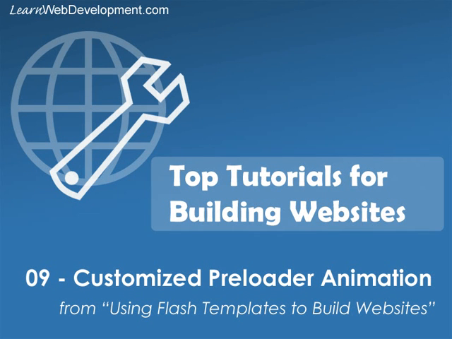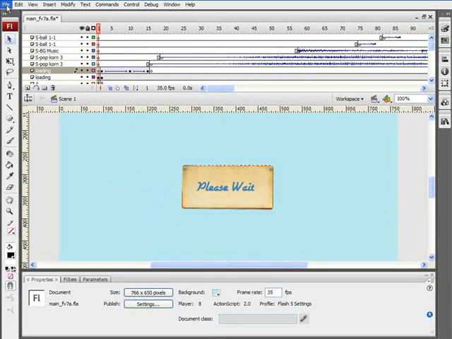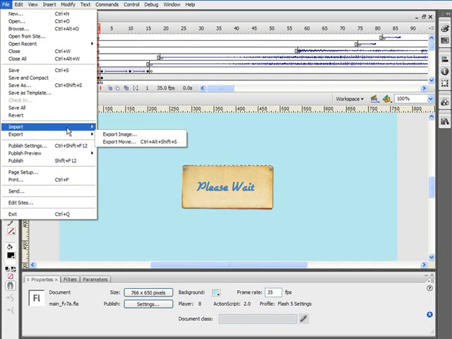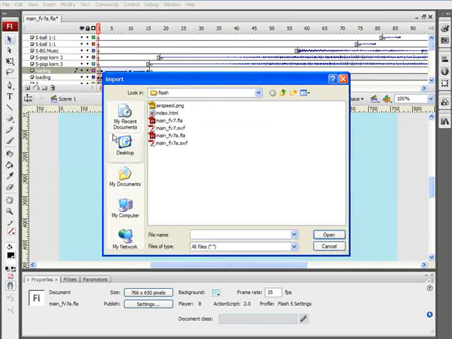Now we've customized the preloader a little bit by changing the text in it, but that's kind of boring. So let's create a little bit more of a fancy preloader using some graphics. Now I've got a graphic that I created. We'll go to File, Import, Import to Stage, and it's called airspeed.png, and it's basically an image of an airspeed